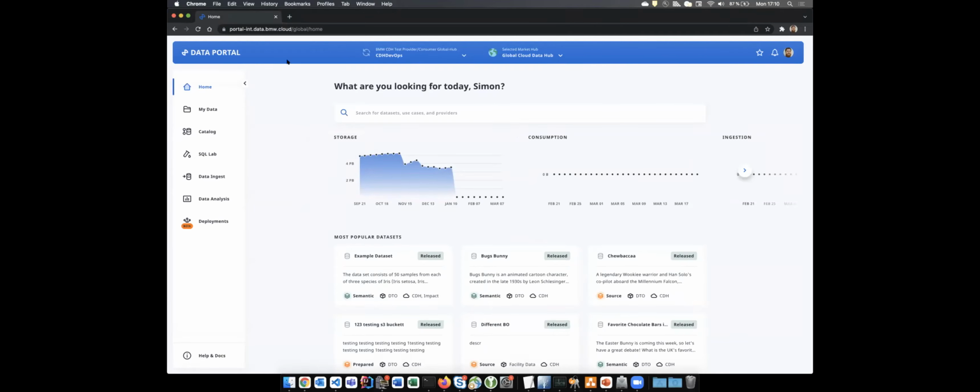Now I'm at our data portal here at the integration instance, just because showing you the prod data is not really appropriate, I think, but here you get a good glance on how our data portal is working and the Cloud Data Hub in the background. And first, what is essential really is that you see these different markets here. So as we are on our integration instance, we have not only the Earth, but also Mars here and China for testing the AWS China regions, because as you know, they are always a little bit special, the China partition. So this is a very important selector.